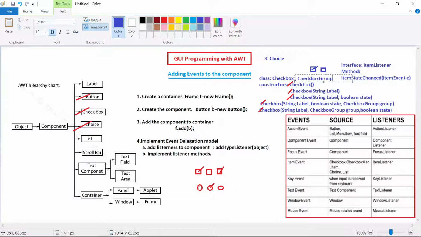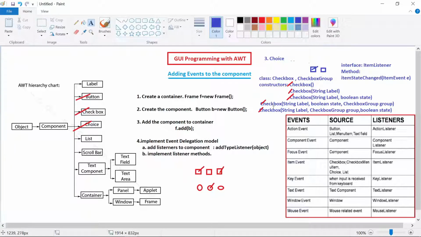It will not allow us to select multiple checkboxes. Whenever you are adding checkboxes to the checkbox group, they are displayed with a small circle. And we are going to use these two constructors.